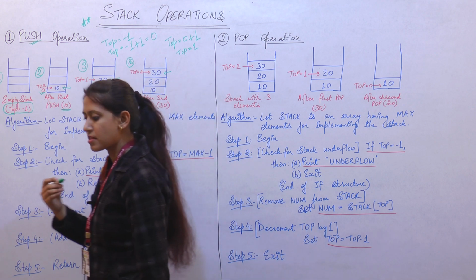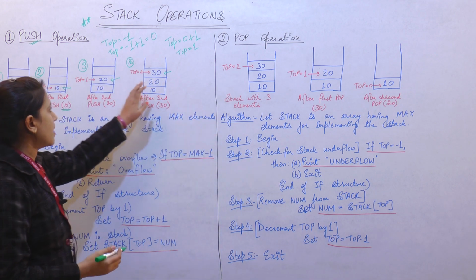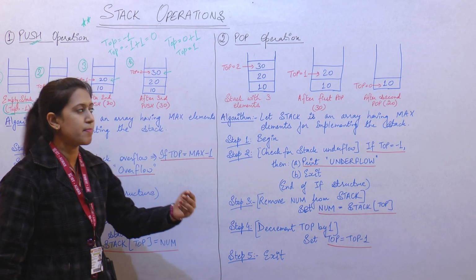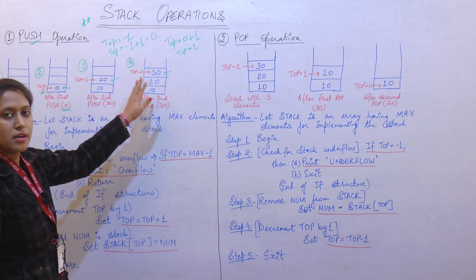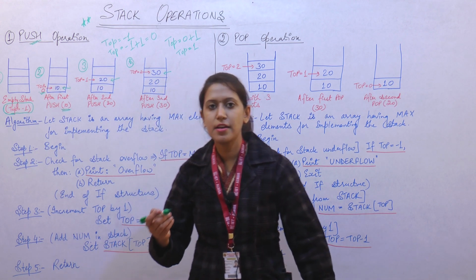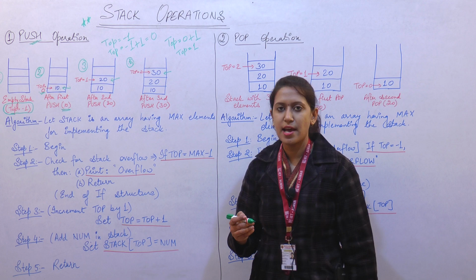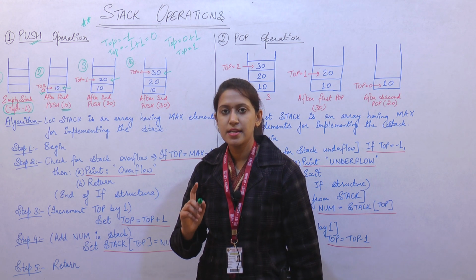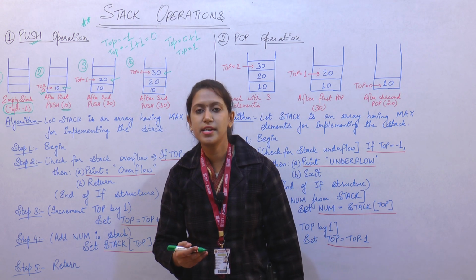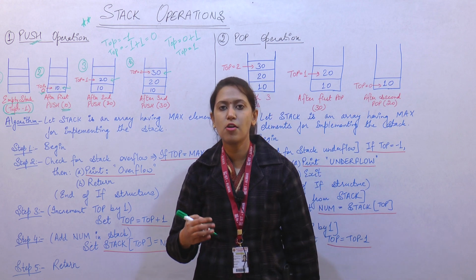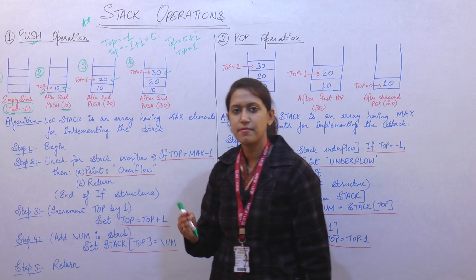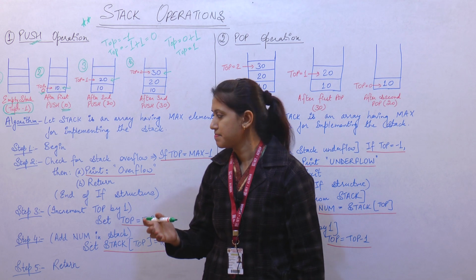So for inserting the third element in our stack, we will again insert 30 and the value of top will again increment by 1, and now the value of top becomes equal to 2, top equals 2. In this way we can insert a new data element in each step into the stack, but the thing that we will always keep in mind is that whenever we are inserting any new data element in the stack, the value of top will always increment by 1. So whenever we are inserting a new data element, we are also incrementing the value of top by 1.